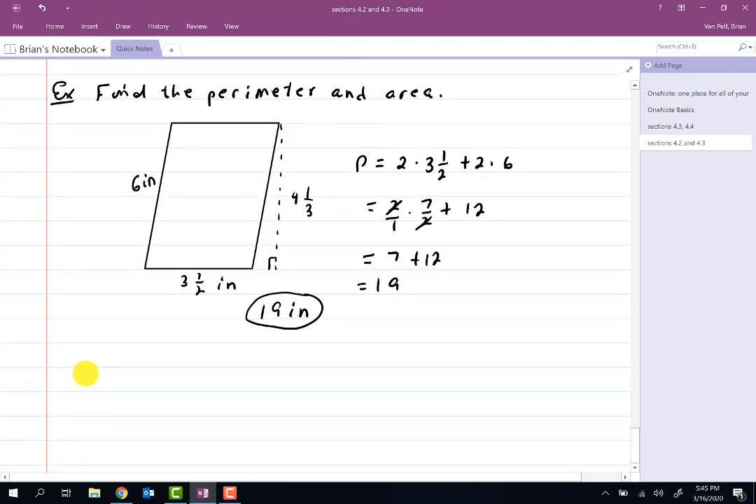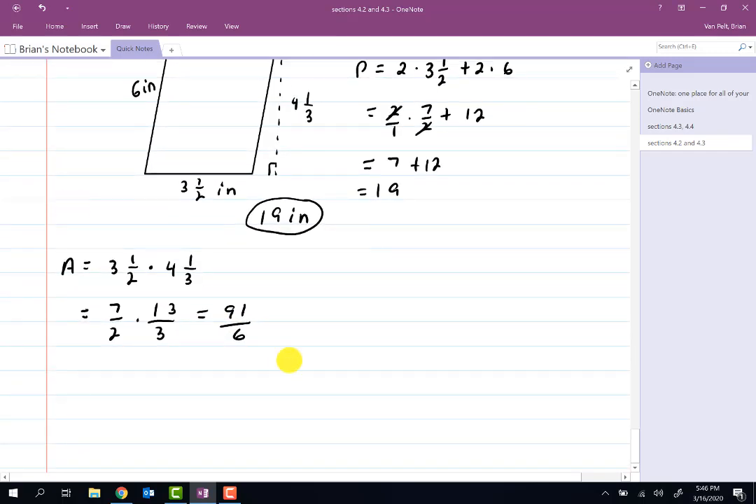For the area, we're going to do the base, which was 3 1/2, times the height, which is 4 1/3. The 3 1/2 turns out to be 7/2, and the 4 1/3 is 13/3. When I look up here, 7 will not cancel with either the 2 or the 3, and 13 won't either. So I just multiply it out, and I'll get 91/6. And once again, we have to put in our units. So 91/6 square inches